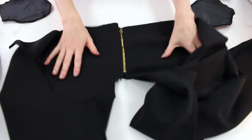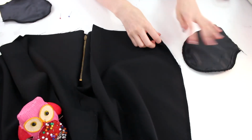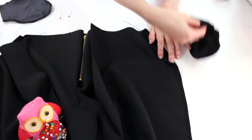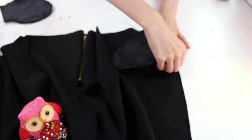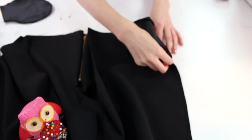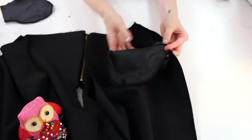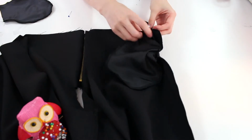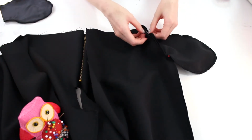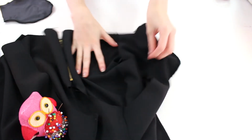So grabbing the pants and keeping in mind, this is the front of the pant with the back over the top of it. Okay, so we want to attach this piece on here. What we're going to do is just open this up like so, and from this notch we're going to attach this piece on. So just make sure you push away any of the main fabric. We're just attaching the lining piece down here, so lining up the notch with the seam we sewed on the pocket, just like that, and then the top notch and the top seam on the pocket as well. So we'll stitch along that seam 1 centimeter, and then in a similar way we'll stitch this seam as well, and we'll do the exact same thing on the other side as well, and it should look something like that from